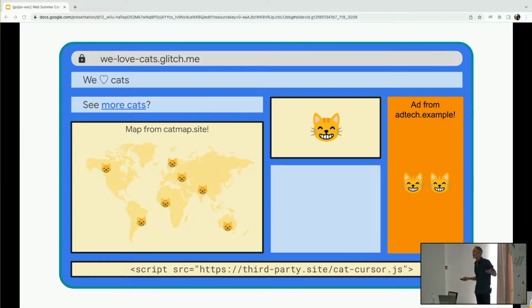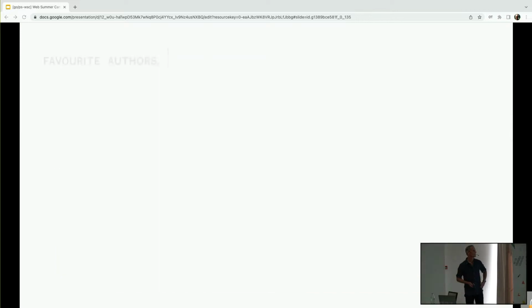Whether we like it or not, and whatever the future holds, advertising is a big part of the web right now. It's a source of revenue for many sites, and it's a driver for business on the web in general. And I think, at this point in history, browsers need to support these advertising use cases.